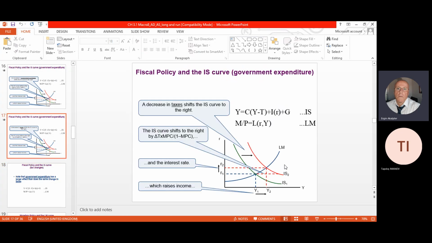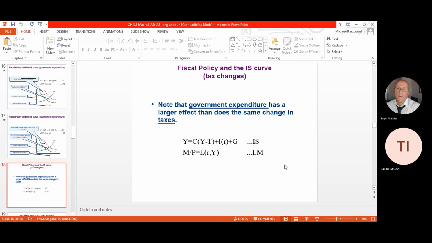And I mean, not enlarged, but it is then somehow shifted to the higher position. And fiscal policy and the IS curve, when the tax changes happened, note the government expenditure has the larger effects than the same change in the taxes, as I mentioned to you. Here, then, it is shifting both parties to the upper level, where the expenditure model and the real money